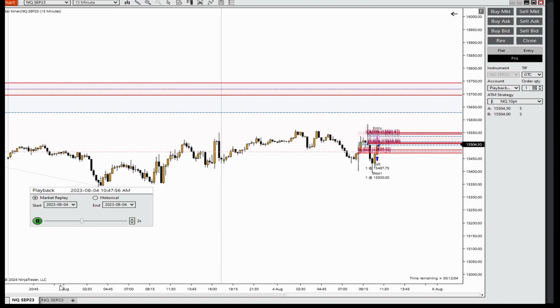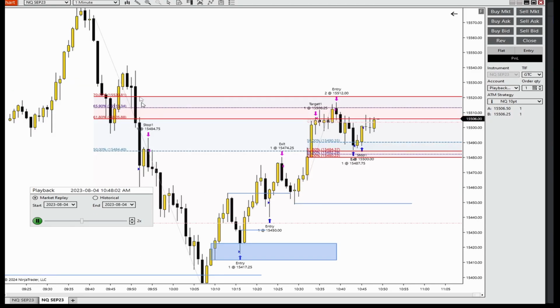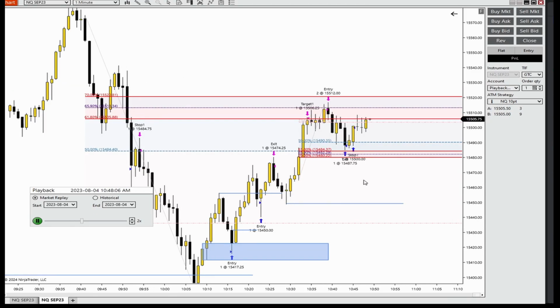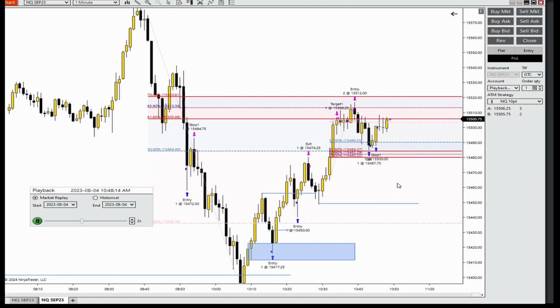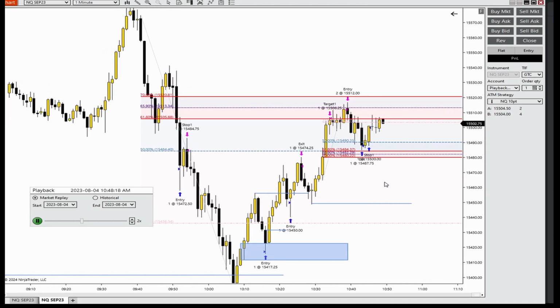So for us to really break out of this area, guess what? What do we have to build? What should we build? An SNDR. So if we continue to range in here,